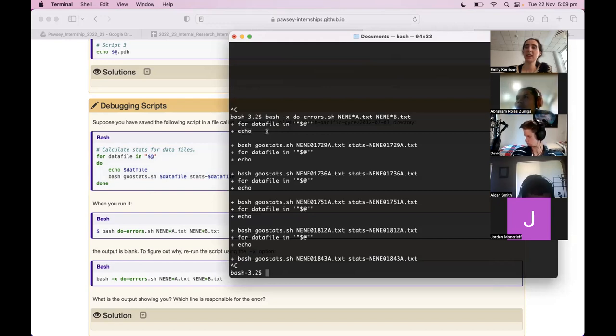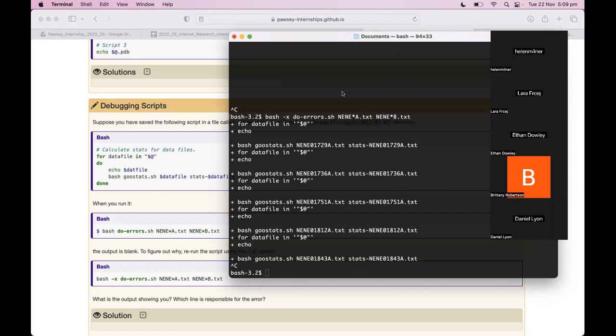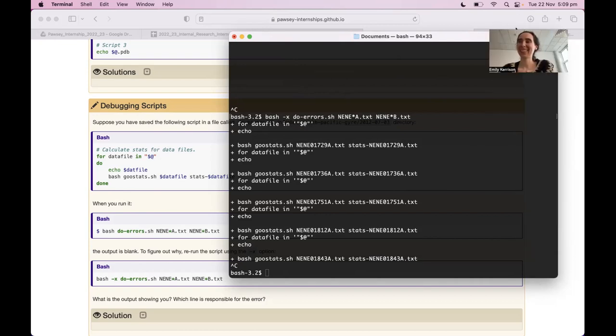So the X flag is telling us that the error is in this echo line. Oh, I have something in chat: missing an A. Yes, amazing. Classic programming error, we have a typo. So